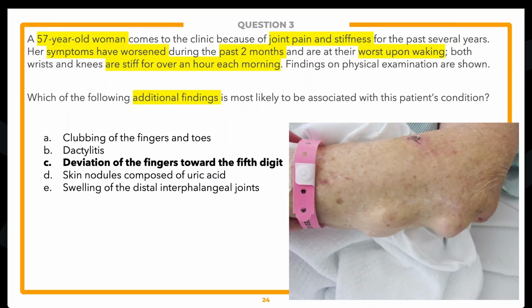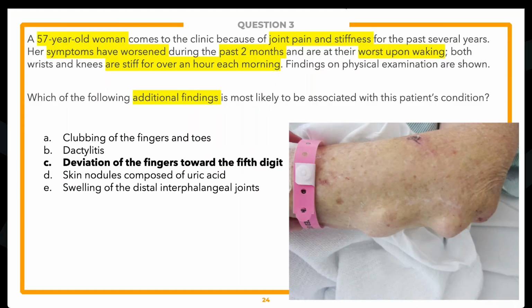And then option choice A, clubbing of the fingers and toes. Think about that as your paraneoplastic syndromes, hypertrophic osteoarthropathies that can happen. So cancers you want to think about, and then lung conditions. So really bad chronic obstructive disease like COPD can have clubbing of the fingers. Cancers of the lungs can have particular findings. And these are kind of classic findings that they like to test,